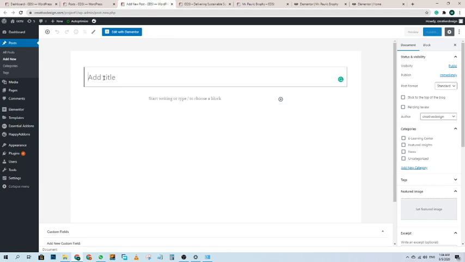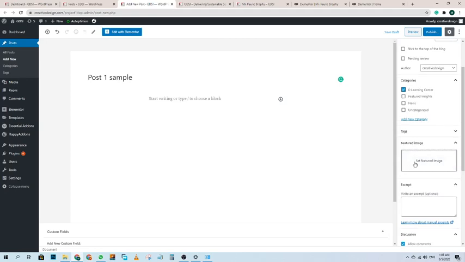And I am adding the heading, post 1 sample, and after giving the name of the post I will select the category.